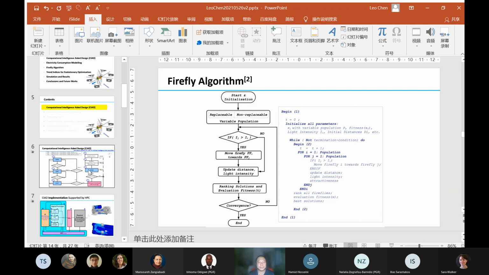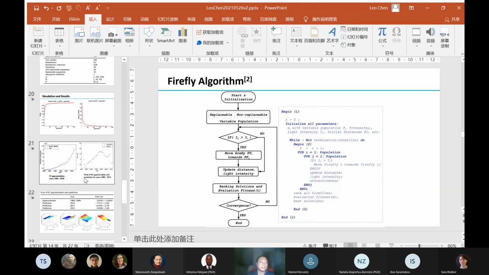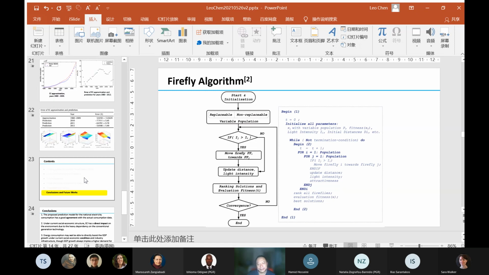And also, have you tried other algorithms for this problem? I mean, other heuristic optimization algorithms. For example, you mentioned GA for future work, but for this work, have you tried others? For this paper's problem, I tried only the Firefly algorithm here. I have a few other algorithms, but they are applied to a few different questions. Okay, we'll try. Nice, thank you very much.